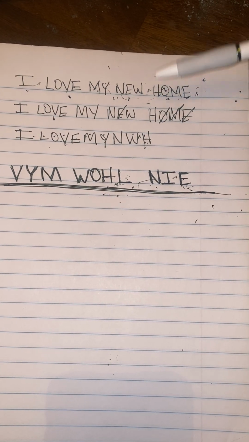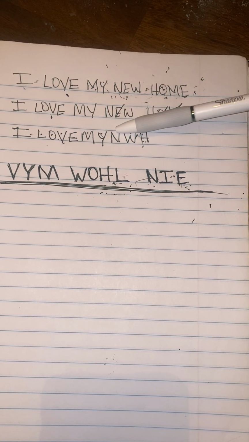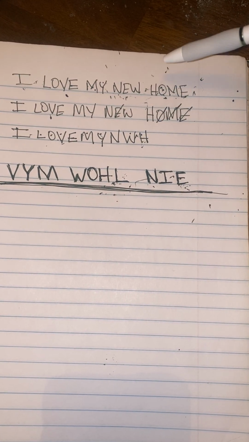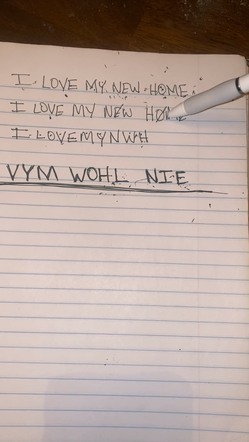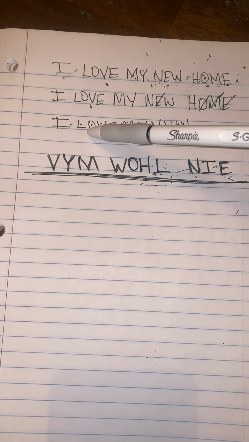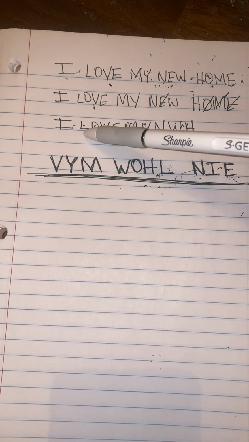All right, so I love my new house. Then rewrite it below, but this time you're going to want to cross out all of the double letters. All the letters that appear more than once are crossed out. So then we're dissecting it, abstracting it down to a symbol.